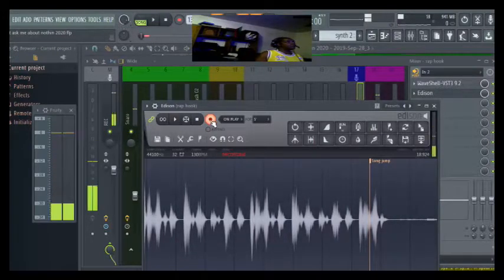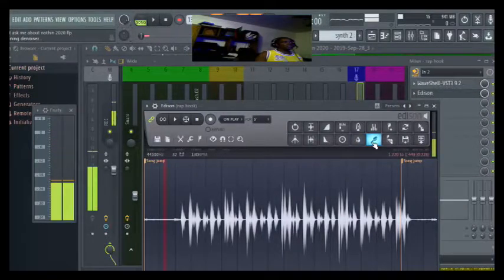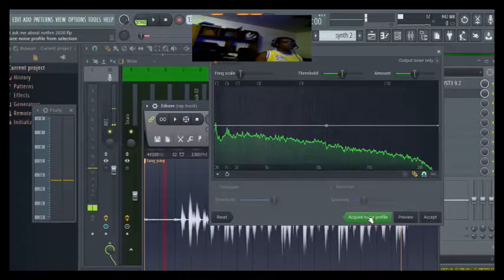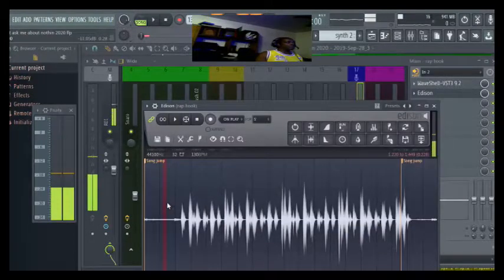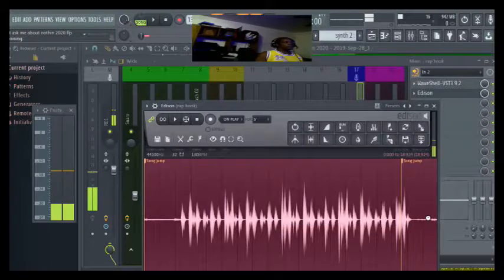Okay, now, same technique. I will come over here, highlight this till it's all blue. Take that little piece, go to the toothbrush, acquire noise profile, stretch the redness through the whole thing, meaning that I wanted to take the noise out through this much of the track. Then I go and